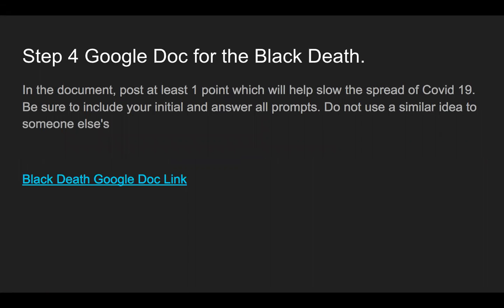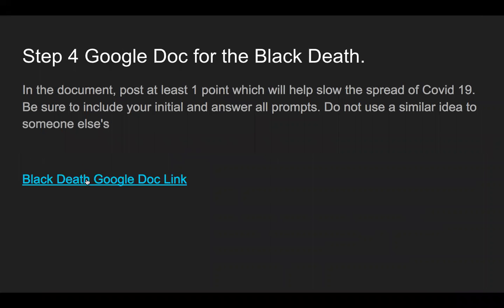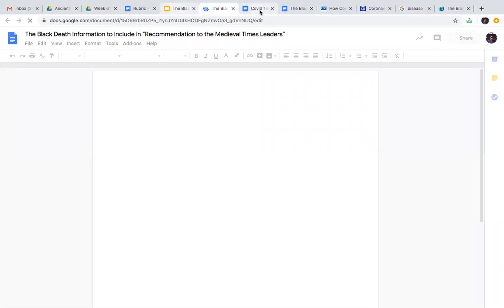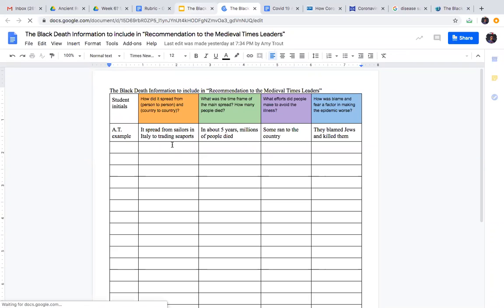And here we have the Black Death Google Doc link. This is where you're going to put one piece of information that you read as you were going through your Black Death information. So if I click on this, it takes me to the Black Death doc. Here, Mrs. Trout put an example in where it says, how did this spread from person to person and from country to country?